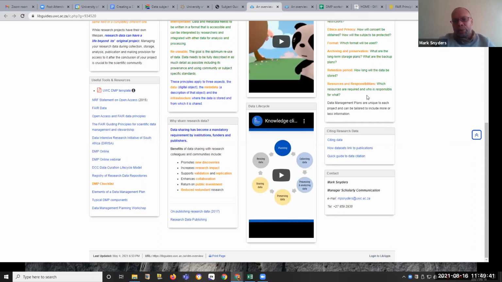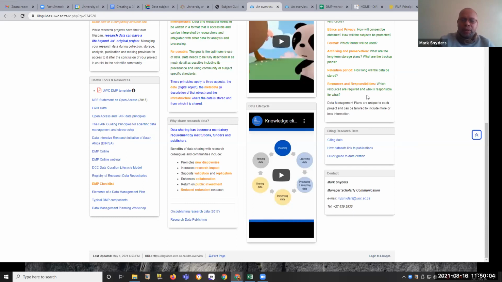We then have resources and responsibilities. Which resources are required and who is responsible for what? As far as data management plans are concerned, it is important to identify all of the participants with regard to the research data. So in other words, not only the principal investigator, but who is collecting the research data, and who is responsible for data analysis.